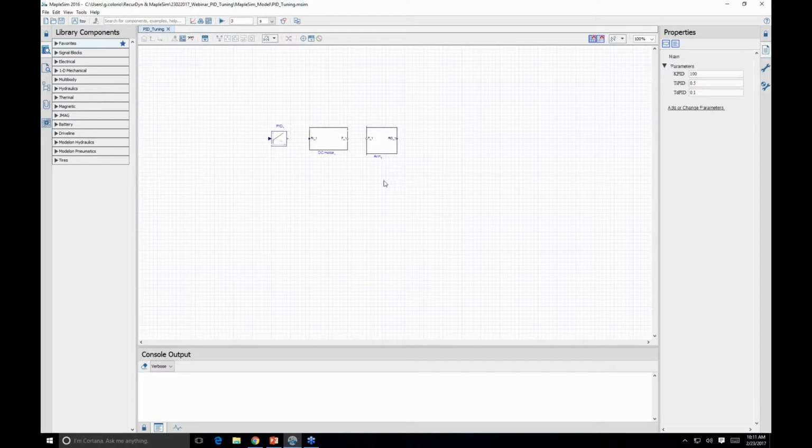So let's connect these components together. In order to connect these two components is very simple. We can click on the exit port of the DC motor and then connect it to the inner port of the arm system, and then we can connect the PID control to the DC motor. Now we can connect the outer port of the arm to our